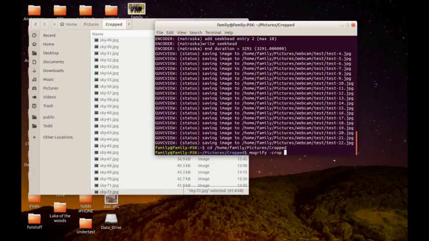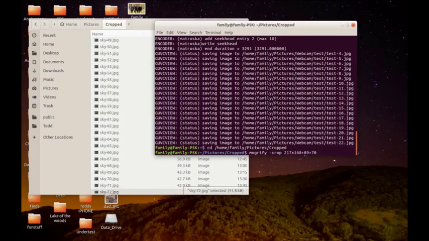I'm cropping it to the width times the height. That's the size. So 217 by 168, and I'm going to add the X and Y, or the positions. X is 89 and Y is 70,